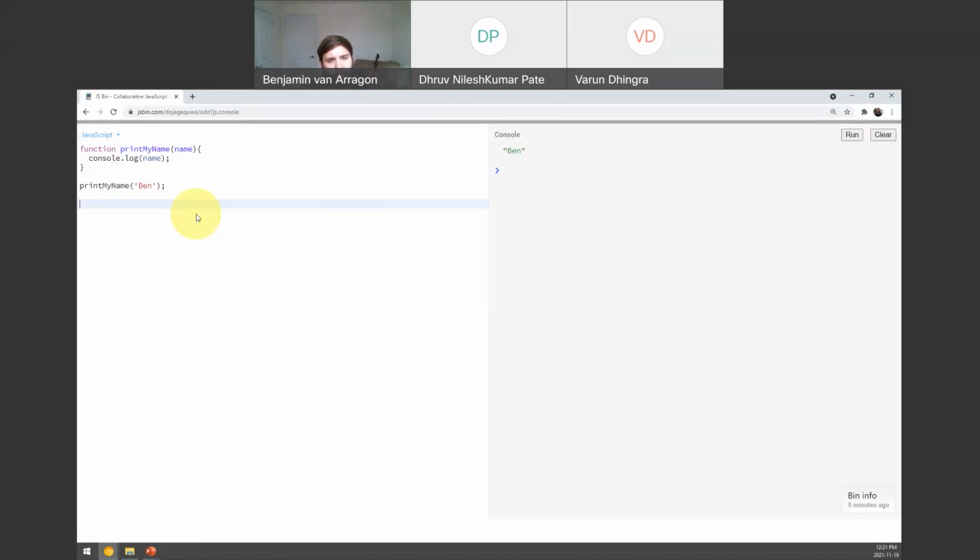So now let's try doing arrow function syntax. Here I'm going to store the function in a const called print my name, but I don't need to use the function keyword. Then I can do the equal sign and the variable that it expects as input, or the parameter, my arrow sign syntax, and then my curly braces. Now in here I can do console.log and that line, and if I call print my name again and pass it Benjamin,